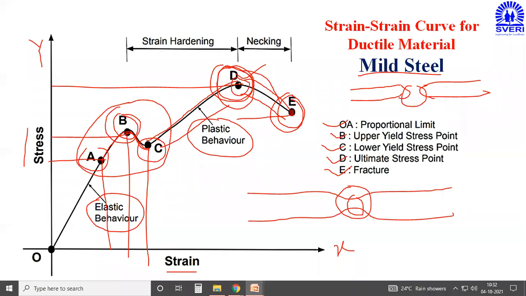Because at this particular point D, the stress is maximum, but actually nick formation is taking place. The deformation of the material is starting to be visible to us at that point. If the deformation is visible, then that point will not be considered as a maximum stress point. Therefore, this B point, what is that? Upper yield point or upper yield stress point will be considered as a maximum stress point for the ductile material.